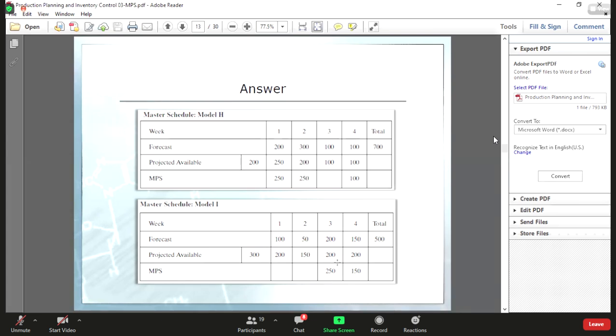After that, we decide to produce 150 at period 4. So in total we will have 350. The requirement is only 150. Then at the end of period 4, we will have 200 as the stock. From here, we can say that there is no negative stock. It means that this MPS strategy is good.